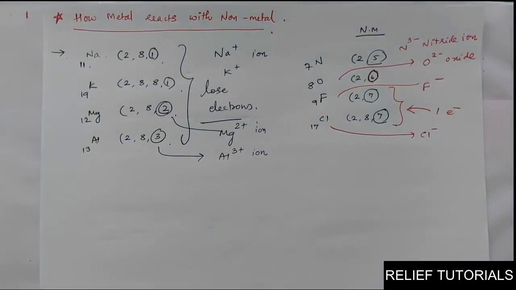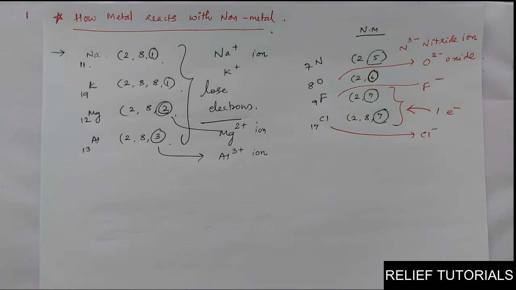So this way, these are some examples of negative ions formed from non-metals, and these are some positive ions formed from metals. Now when these metals and non-metals try to react with each other, metals are going to lose electrons and those electrons will be gained by non-metals, and in this way they react with each other and they combine by some force of attraction.